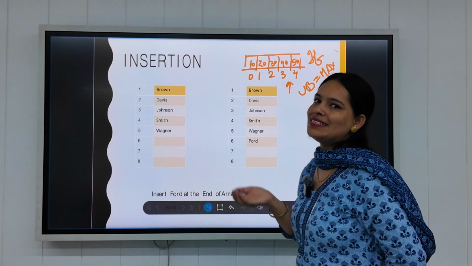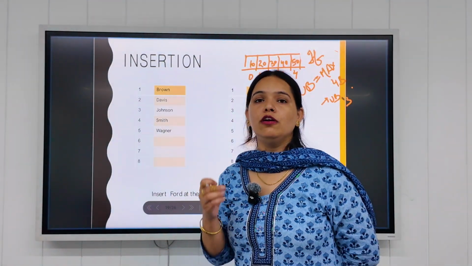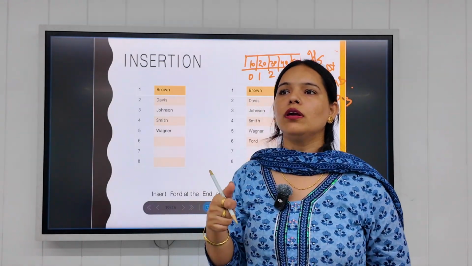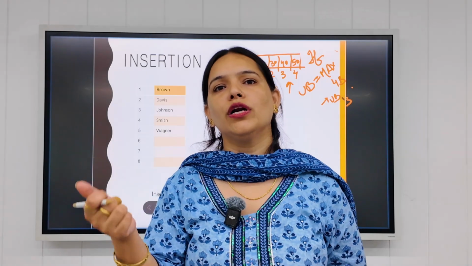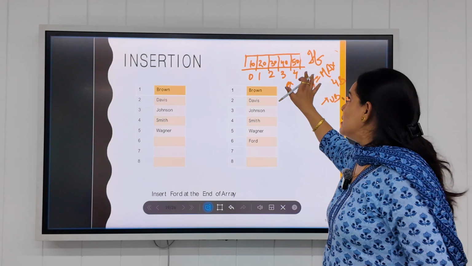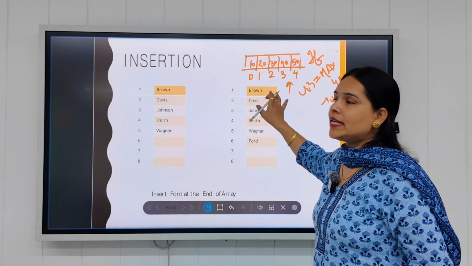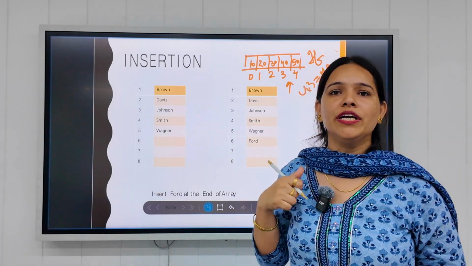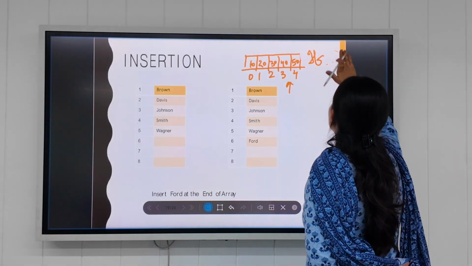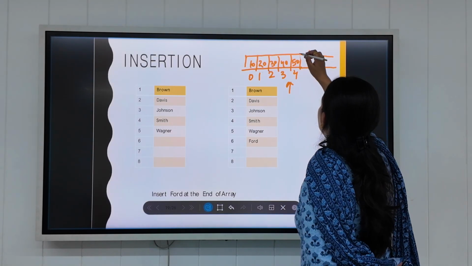If we try to insert the data at the end or any specific location, we will lose the earlier data. We can overwrite the data, but we cannot add data at a new location, right? So if this case occurs in insertion, we will simply say we cannot insert the data at any location because it's an overflow condition. If there is some space in the data structure,